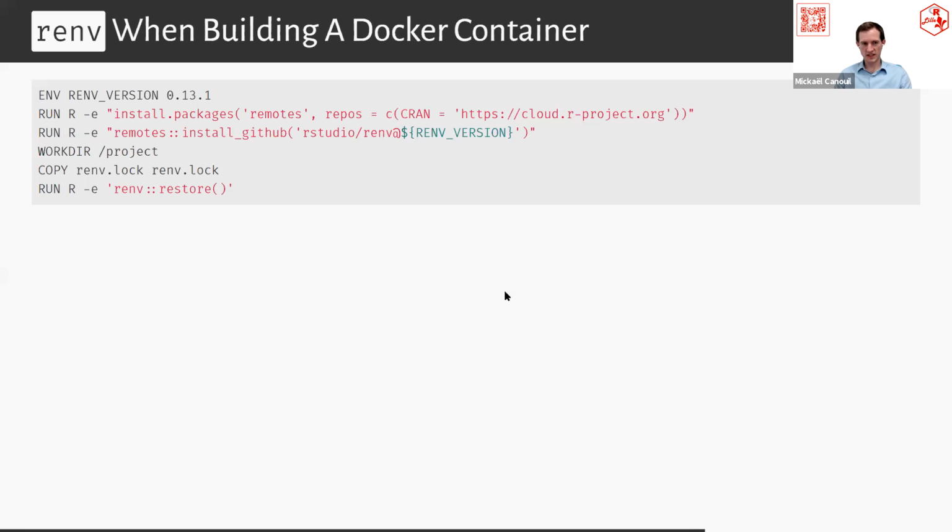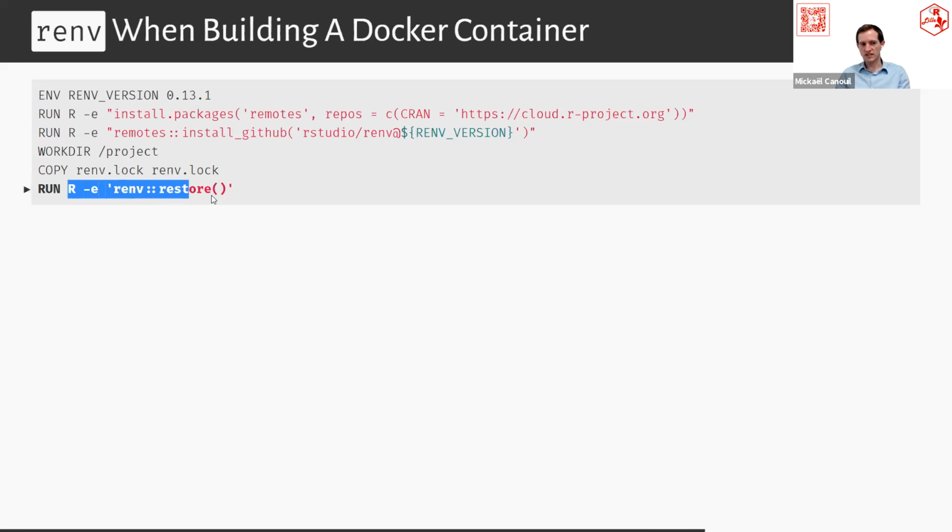So time to go back here. That was just a quick overview of what RANV can do and how it can help make more reproducible projects and scripts, or even development. And you can use that with Docker, for instance. You can use that to build a new container. Just take your RANVlog file to do the main setup. So you can record every package in one RANVlog and say that will be my default set of packages for any container I will build.